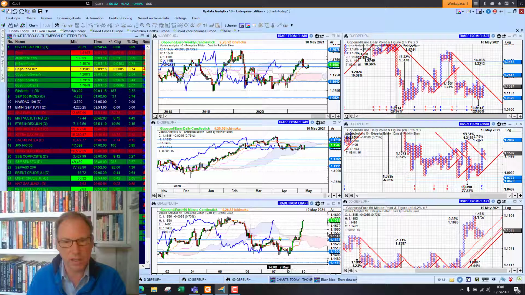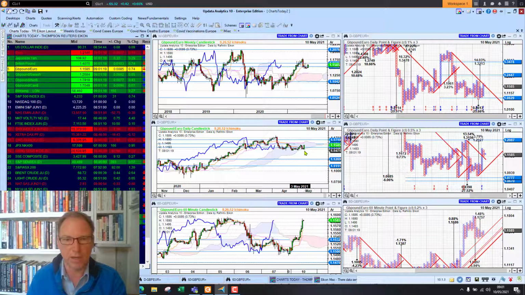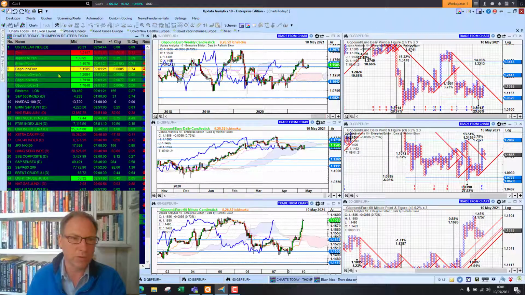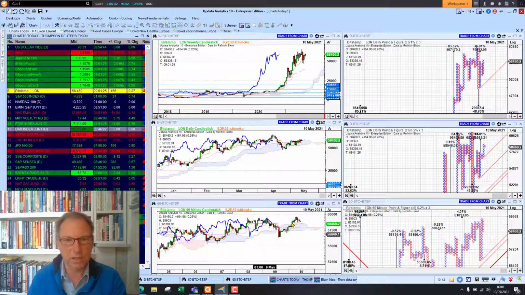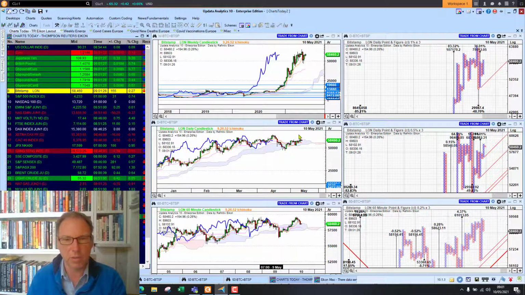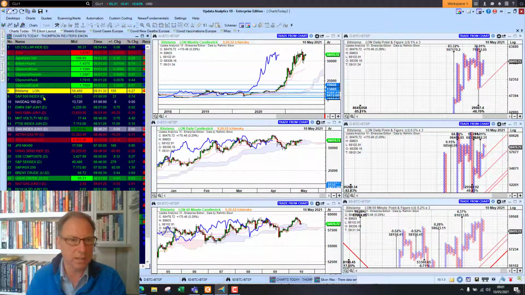Against the euro, sterling sitting at 115.87, so finding support on the cloud, on the price there, bullish on all three time frames as well. Bitcoin sitting at $58,000, so looking a bit stronger this week, still bullish above the cloud on all three time frames with these big upside targets. If we make new highs, we negate this downside target. That's going to be quite key.